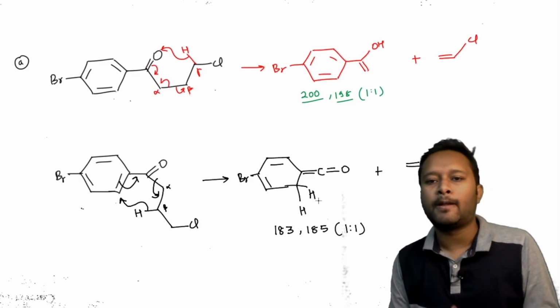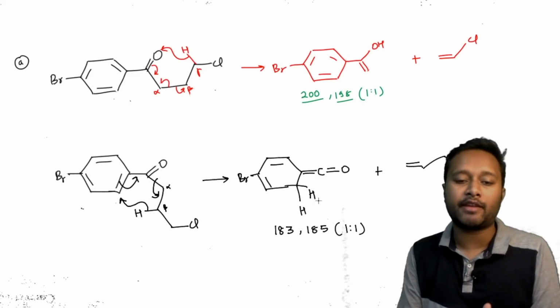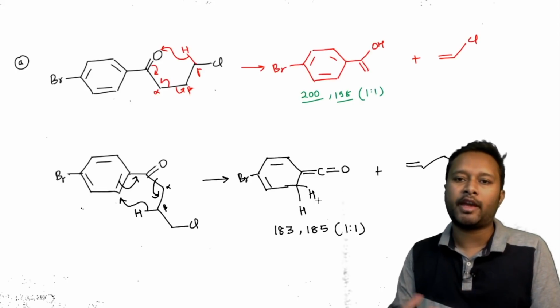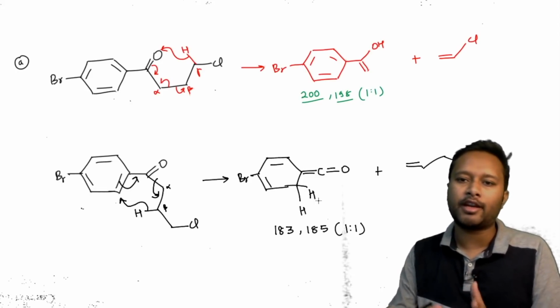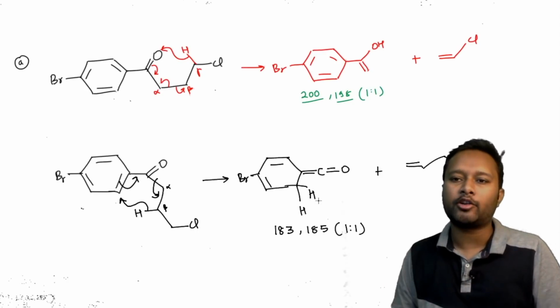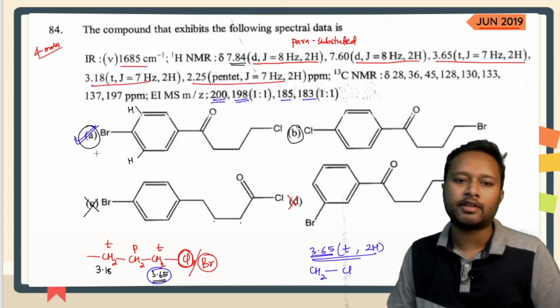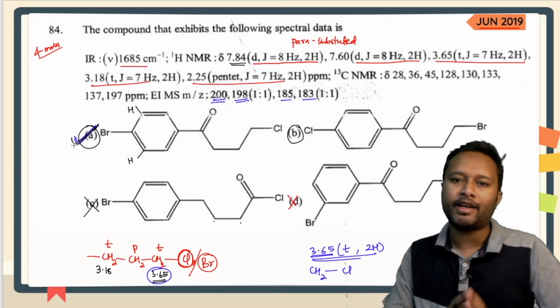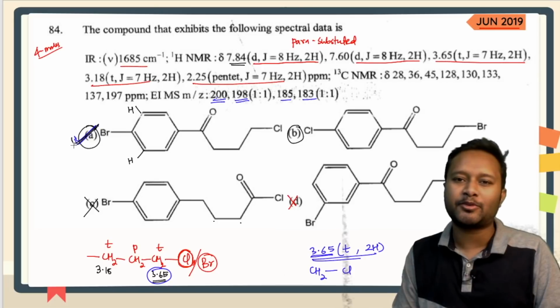So that's how we have justified the options, and we have justified how the McLafferty rearrangement is actually involved, and how it is showing you the correct option through the NMR which we have discussed. So the correct option for this particular question is option number A, alright. So this is how you have to approach these types of questions. Alright guys, let's look upon the next one then.